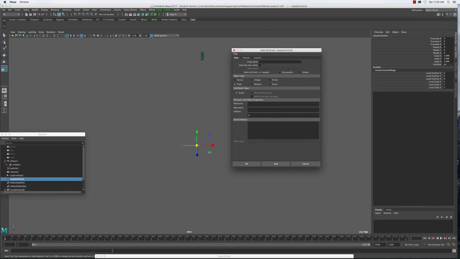Cool. So attribute name. So let's say, for example, how can you call it? It depends on what you're going to be doing with this tool. If it's for you, you put any name you want for the attribute. But if you want someone to use it, like I said, if you want to hand this over to your supervisor or the art director or whatever, a guy whose background is in photography and painting and something else other than 3D, then you've got to put a descriptive name. So you can put, for example,